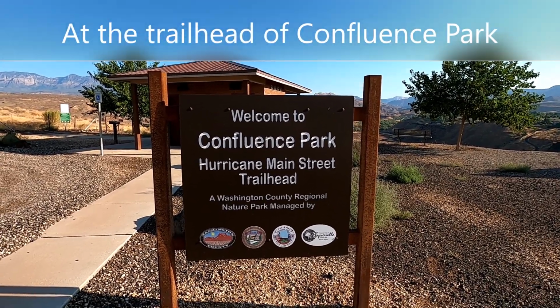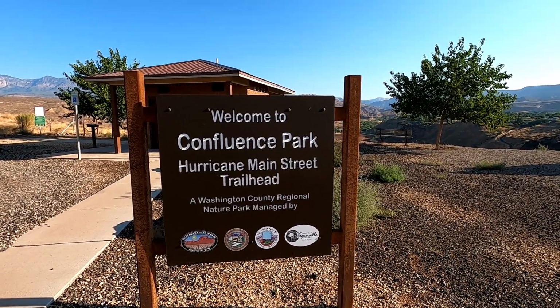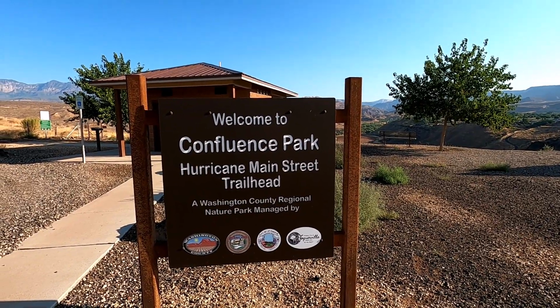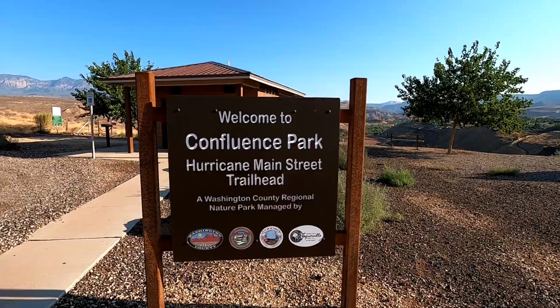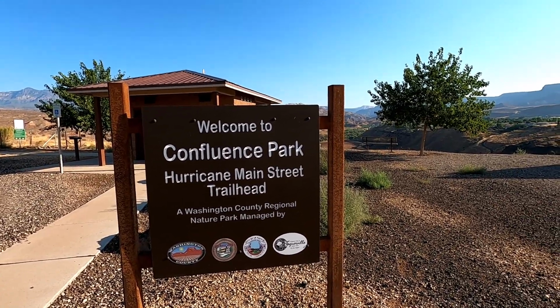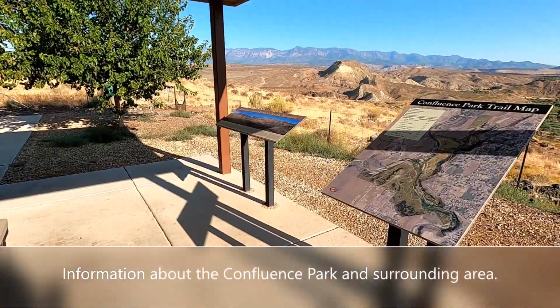I just wanted to come out here to Hurricane this morning to find some geocaches, and this is a park out here called Confluence Park. So I just wanted to hike down into the Confluence Park and find some caches. So come along. At the trail here, this